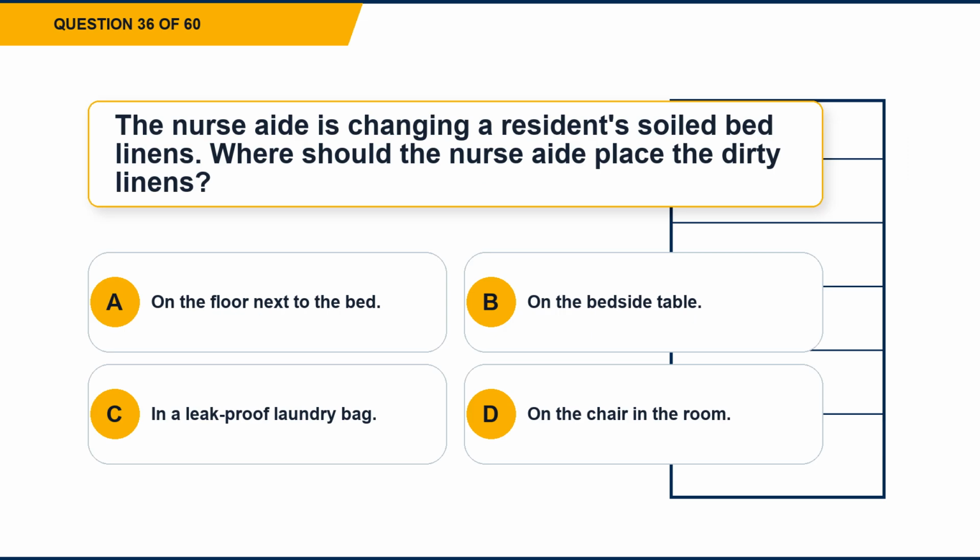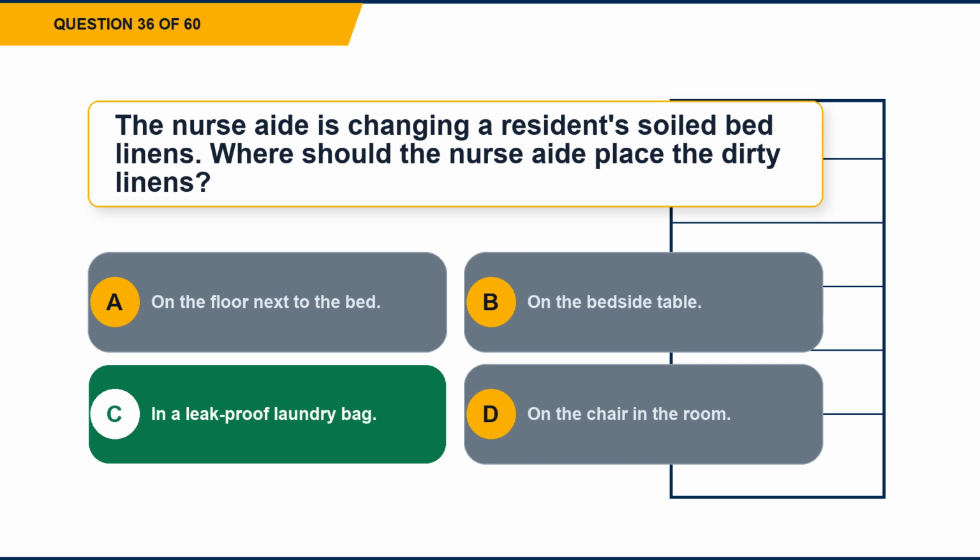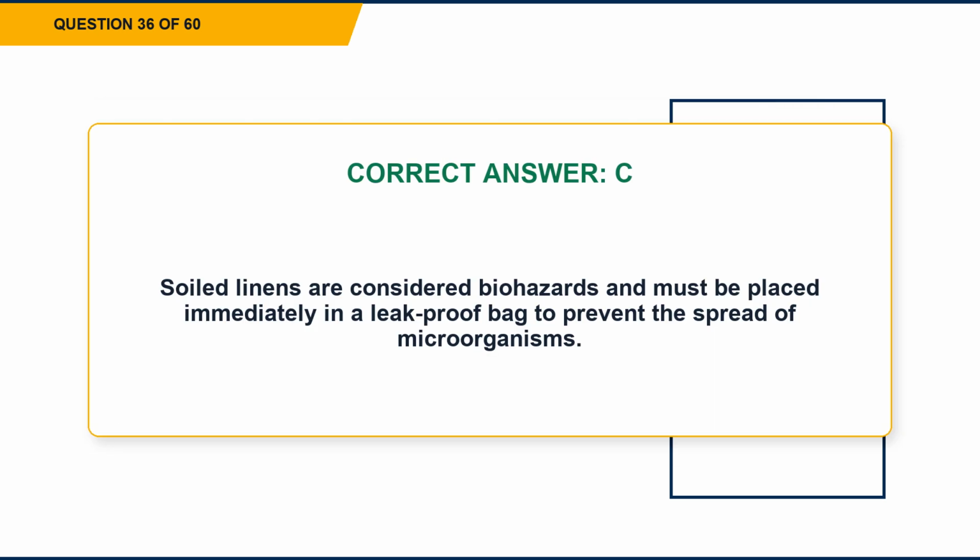Question 36. The nurse aide is changing a resident's soiled bed linens. Where should the nurse aide place the dirty linens? Option A. On the floor next to the bed. Option B. On the bedside table. Option C. In a leak-proof laundry bag. Option D. On the chair in the room. The correct answer is option C. In a leak-proof laundry bag. Explanation. Soiled linens are considered biohazards and must be placed immediately in a leak-proof bag to prevent the spread of